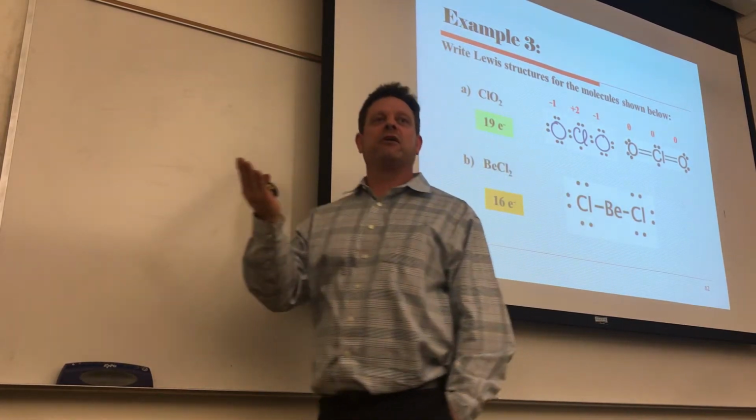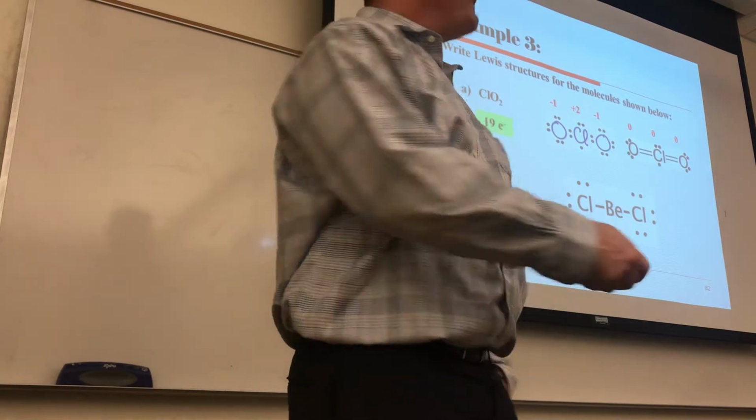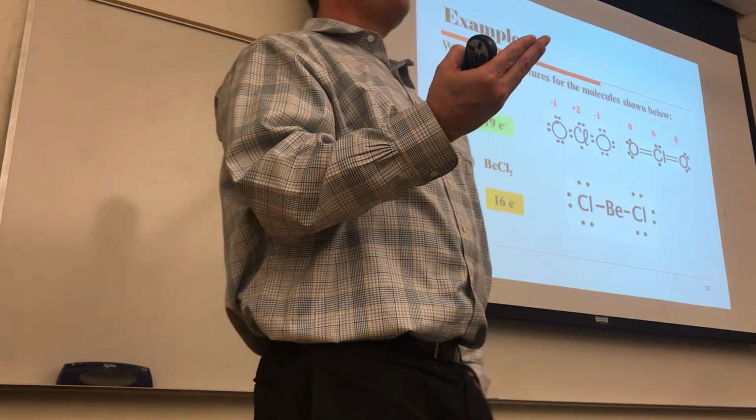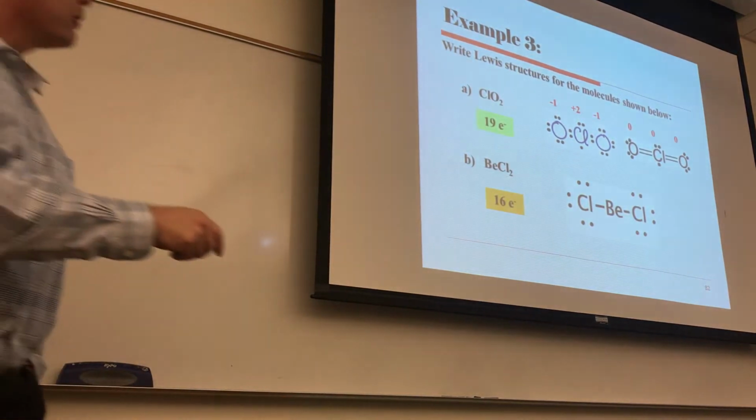It's stable. It's different, not expected. It doesn't have the octet around the beryllium, but it's stable. So I'm okay. It wouldn't be able to form above the octet. If I turn these in,